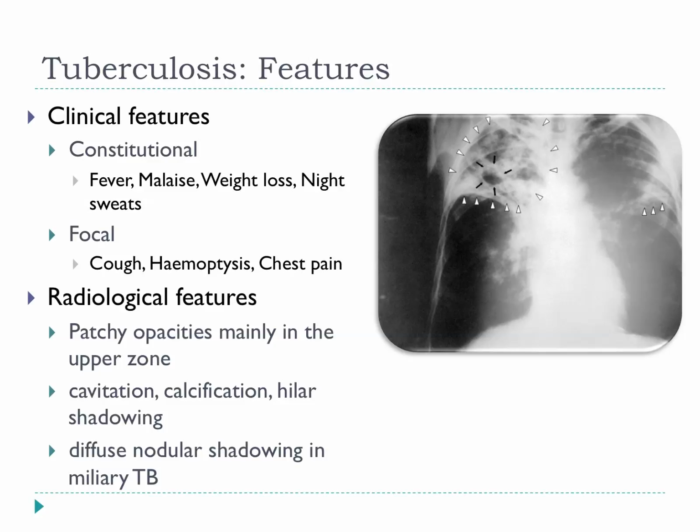You can also get something called miliary tuberculosis, where the organism just spreads through the tissues uncontested and settles down and forms lots of little lesions. In the lung, and I think in the liver, they're said to look like millet seeds. I don't know why the old pathologists always used to think of food when they were looking at these things, but they look like miliary tuberculosis. In that case, you see this kind of shadowing all over the lungs, not just in one particular part of the lung.